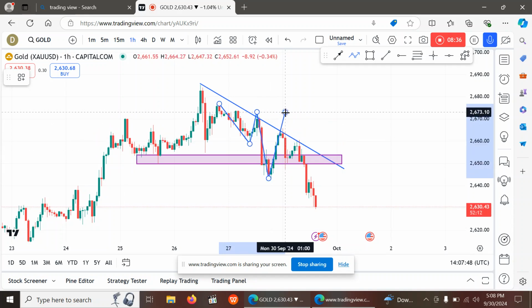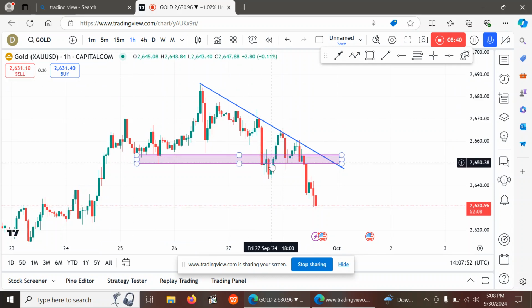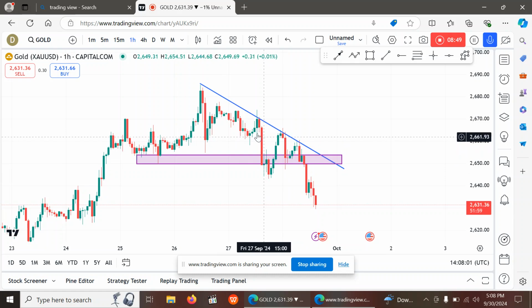So what you do is you don't just enter immediately. Like here, people who use candlestick confirmations would have lost a lot of money, and they would have also tried to enter from here. But what we do is,